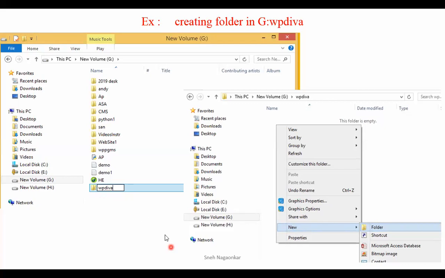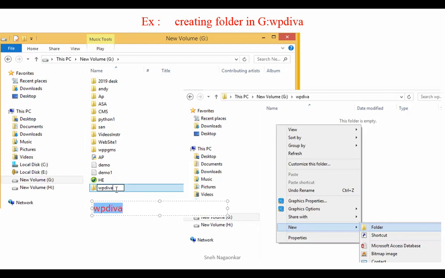So what I did here, guys, I created this folder, that is WP division E. You can see that the name given is in small case. Remember one more thing: capital and small letters are very important here.